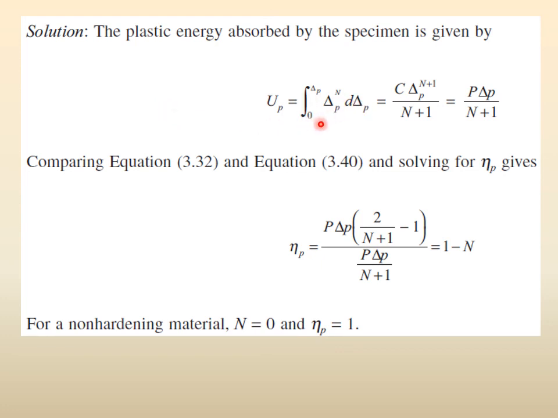Now the good thing is that it is only for delta P. So delta P raised to N is like X raised to N. When you put it in, the C will come out, and delta P raised to N plus 1 upon N plus 1. It is very simple. And because of the C delta P relationship, this will come out to be capital P delta P upon N plus 1. This N plus 1 is there, and it will still be there as we see it.